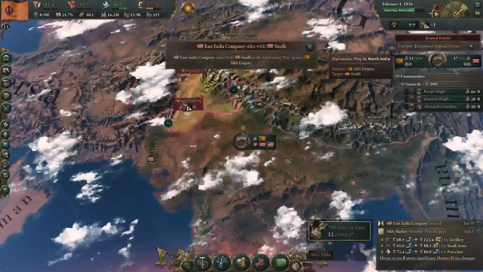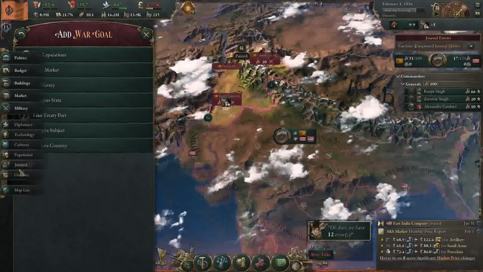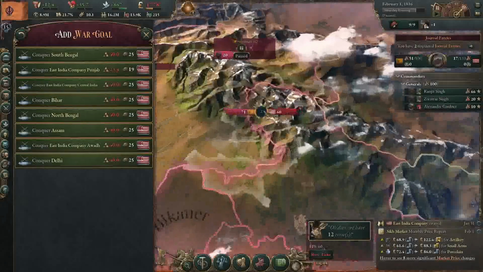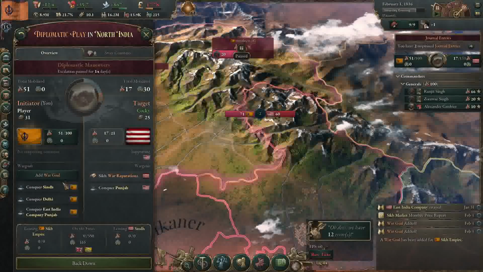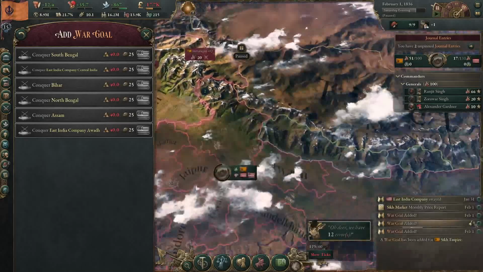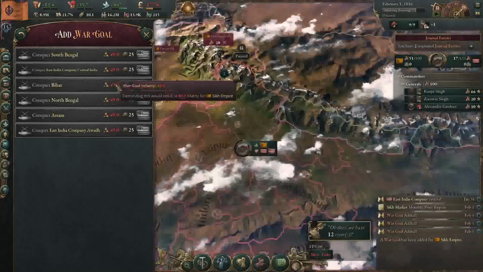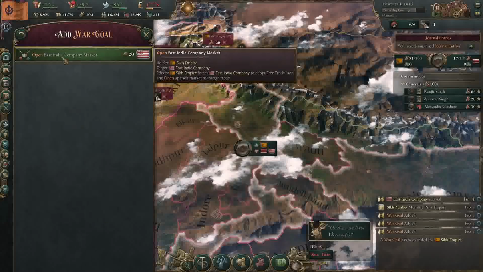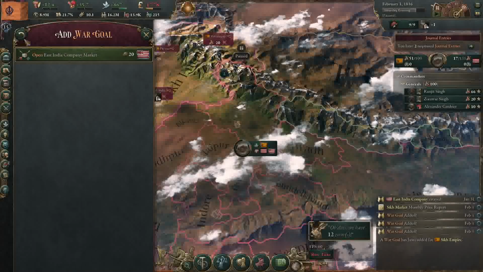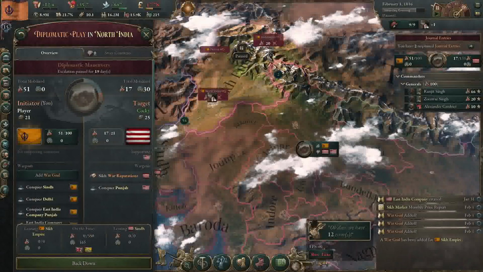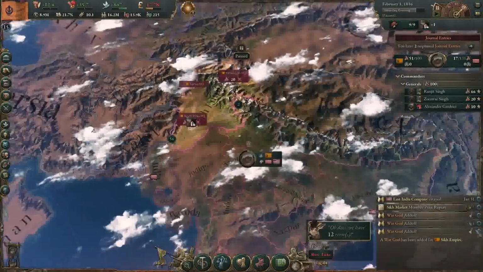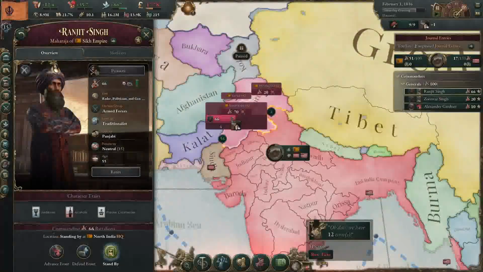There they are. All right, good. So with the East India Company having joined the fight, we are going to go ahead and conquer Delhi, and we are going to conquer East India Punjab, and we're going to add war reps. We can't conquer any of the rest of the states because we don't have enough maneuvers, and I don't want to add war goals that are going to force us to go all the way to their capital, like liberating a subject, for instance. So we're going to pass with these unspent maneuvers,